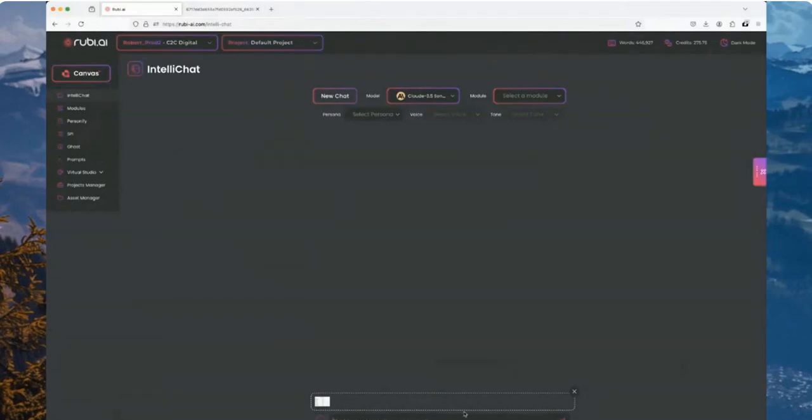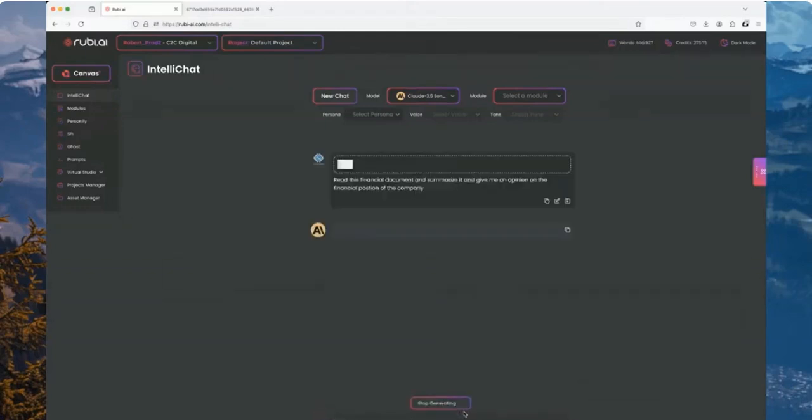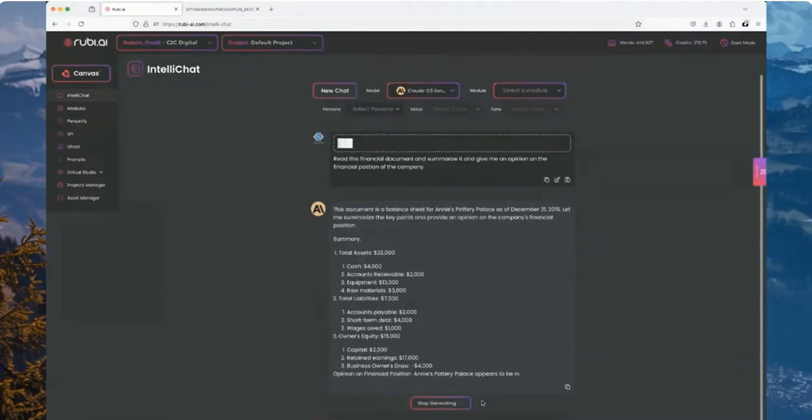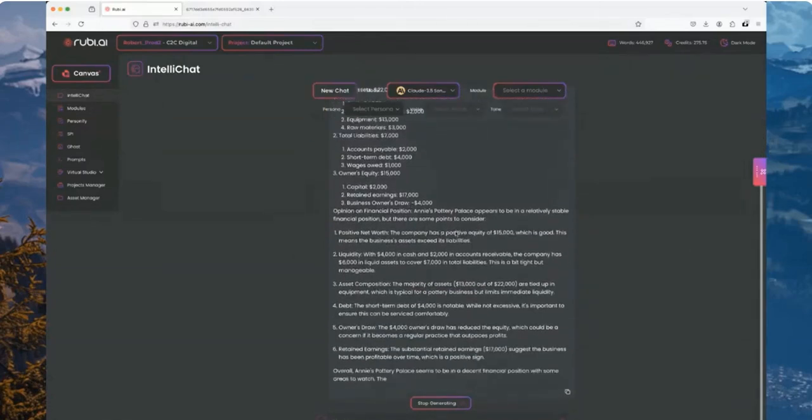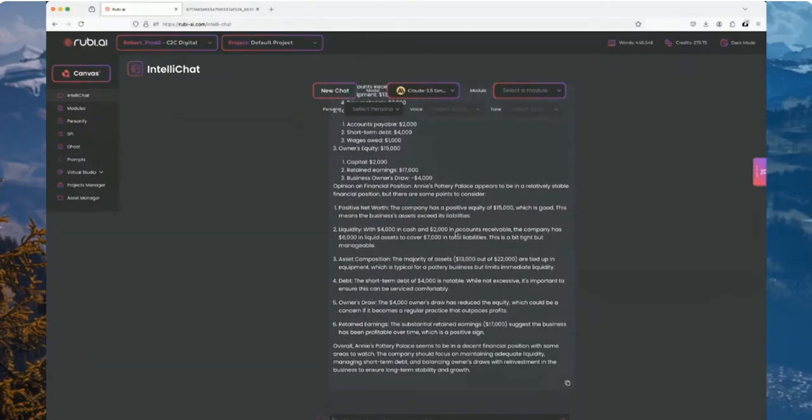So I'm going to ask and prompt it to say, read this financial document and summarize it and give me an opinion on the financial position of the company. Something just like that. Again, it doesn't even have to be spelled right. It will go read it, it will bring it in, it will summarize it, and then it's going to give you that opinion. Opinion on financial position of Annie's Pottery Palace appears to be a relatively stable financial position, but